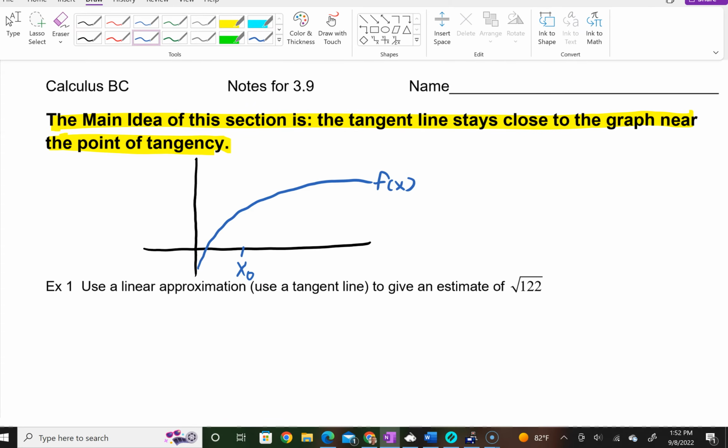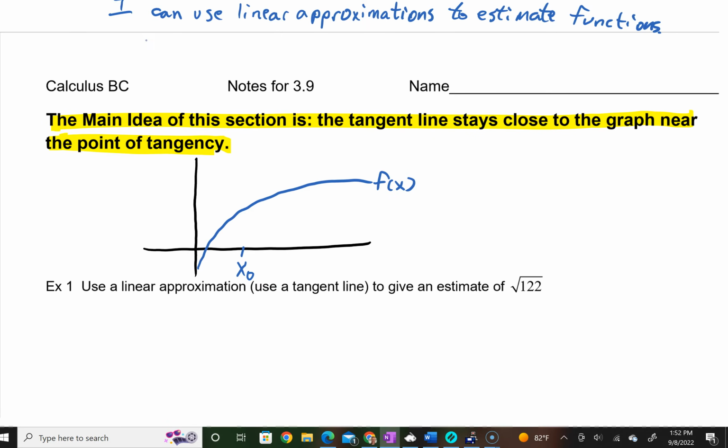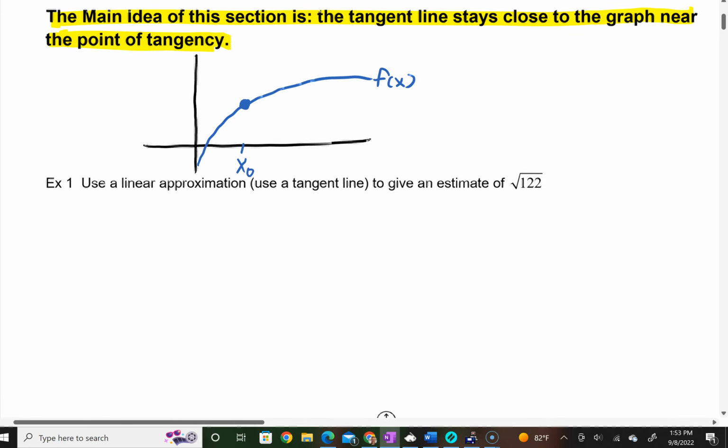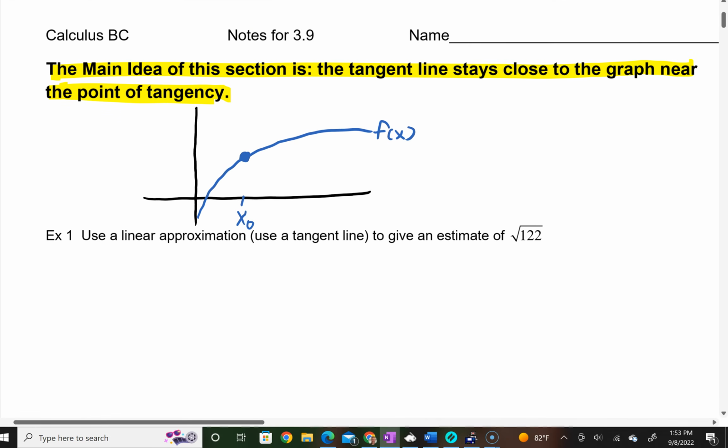You've got a visual. You can even pause the video to real quickly sketch this graph. We've got a function with the xy axis. We've got an x naught right here, and of course there is a point associated with x naught. That's the point x naught comma f of x. But of course what we can do, this whole chapter has been about derivatives. There is a tangent line that we can draw